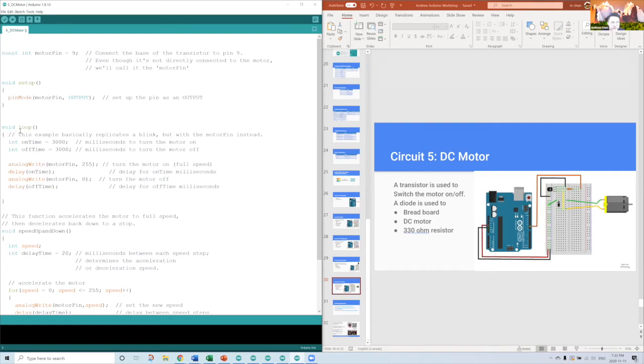And in the function declaration, we declare 2 variables here at the beginning, on time and off time. This is going to be used later to turn the motor on and off for 3 seconds each. So here's another example of how your variable declaration can be helpful in making the code more intuitive and easy to read. So instead of saying 3000